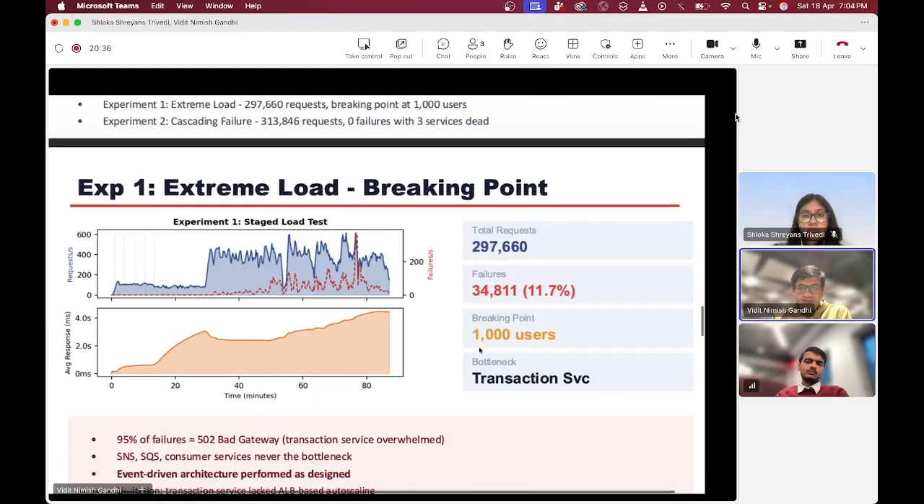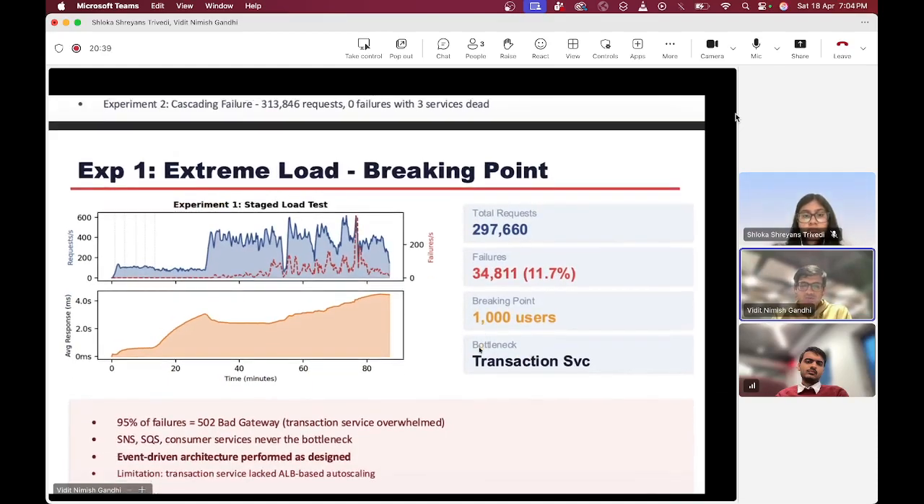The first experiment was the extreme load test, where we progressively ramped from 100 users to 3000 concurrent users across 5 stages over 17 minutes. At 100 users, the system was stable at about 105 requests per second, where the response time was 500 milliseconds and there were zero failures. At 500 users, the response time climbed to 3 seconds, but still no failures. And the breaking point we got was at 1,000 users, where we had some 502 bad gateway